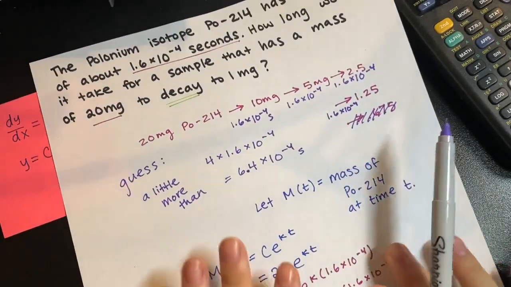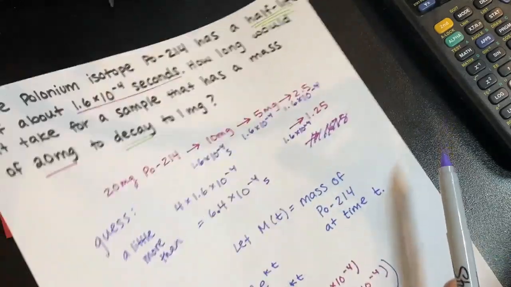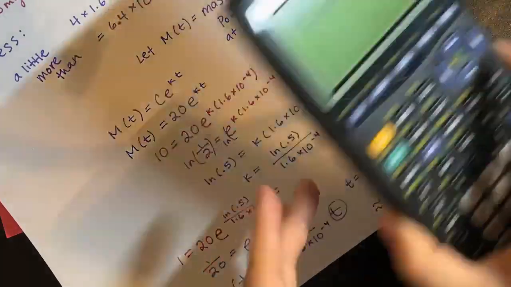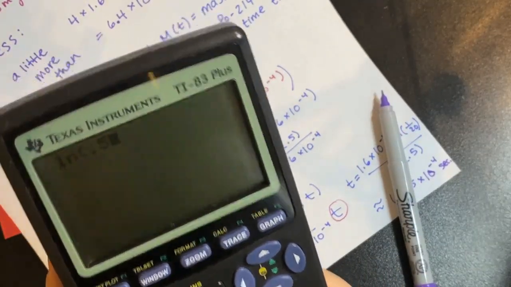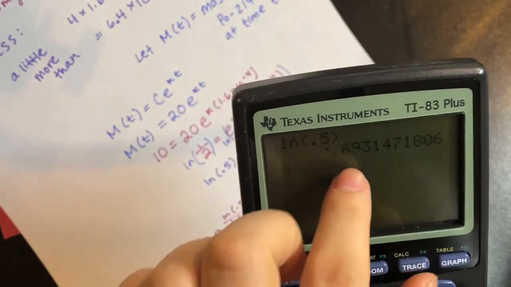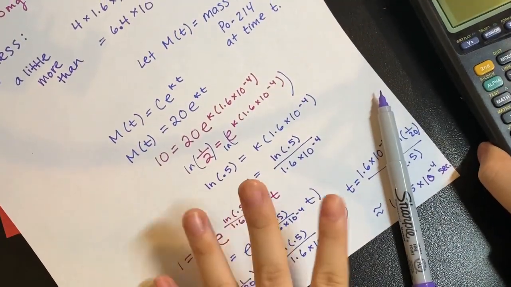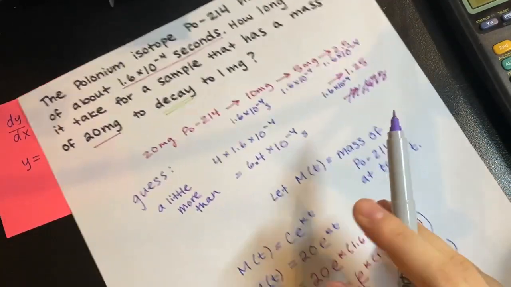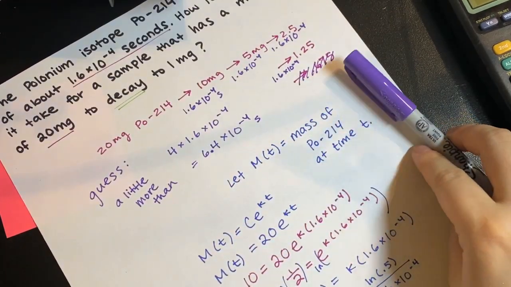Okay, so let me know if you have any questions. Again, this k is going to be negative. Natural log of 0.5 should be negative. This bottom part is positive, so a negative divided by a positive, negative 0.693. So that's going to be a negative k, which is what tells us it's a decay question, or it's consistent. So let me know if you have any questions.